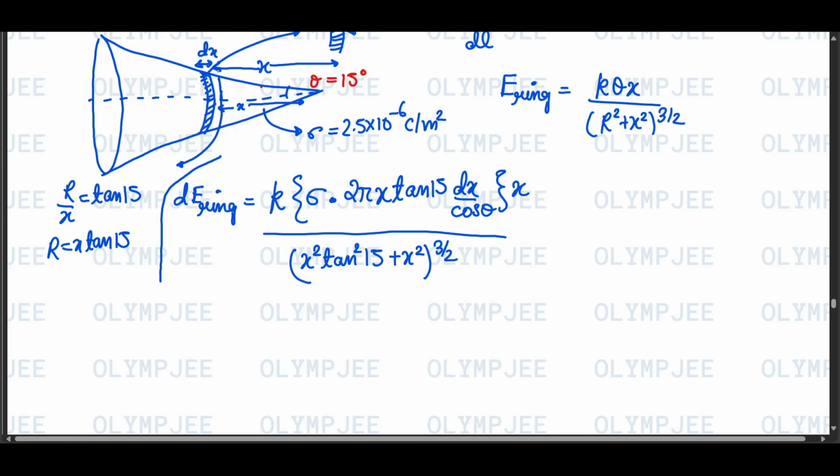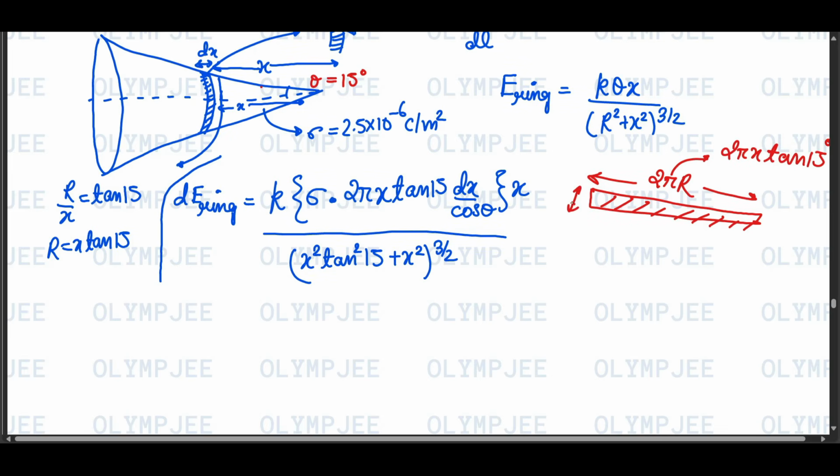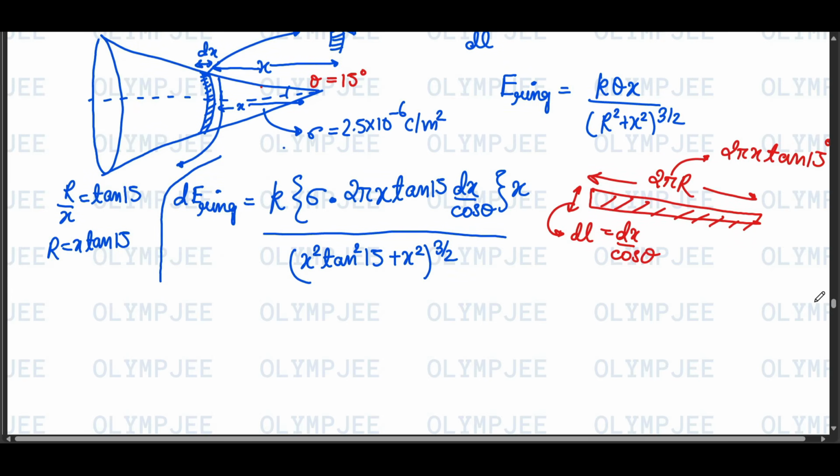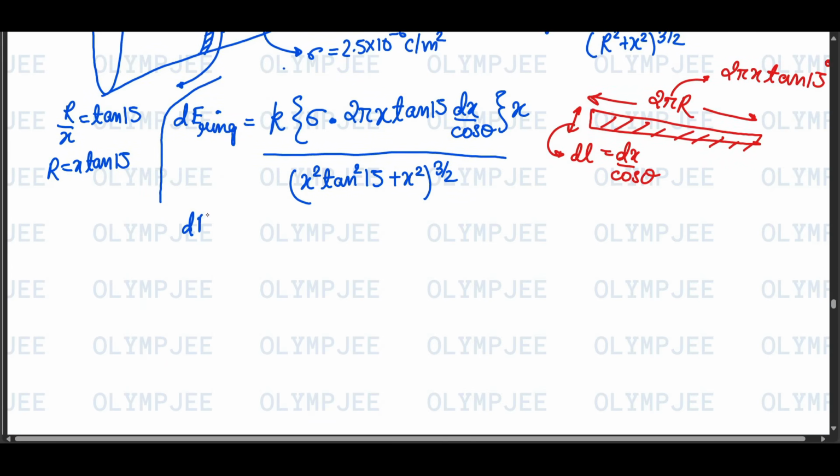this ring can be cut from here and formed into a rectangle, and the rectangle will be like this. This length will be 2 pi r, which is 2 pi x tan 15 because r was x tan 15, and this will be dl, which is equal to dx by cos theta. So from here we can simplify this integral. We can simplify dE. So dE of ring will be equal to